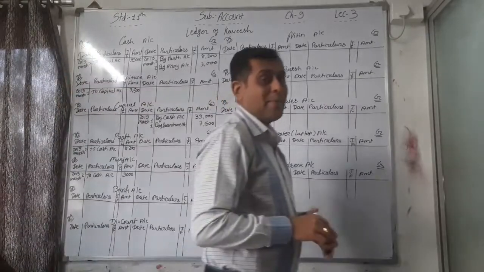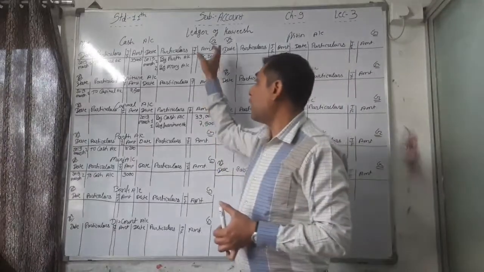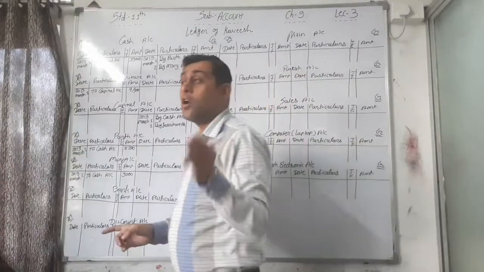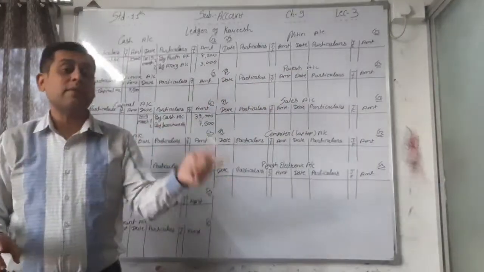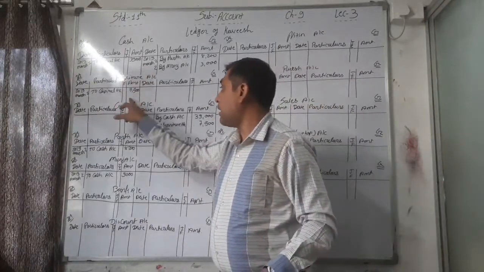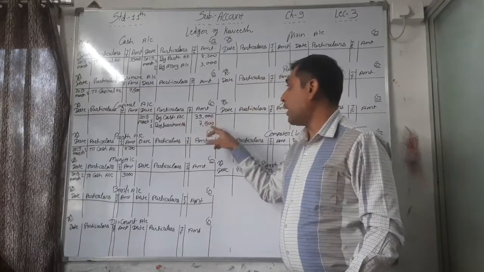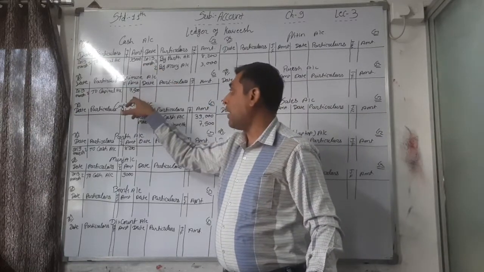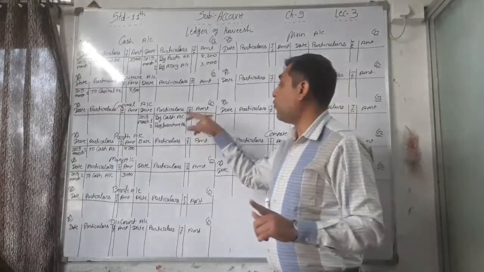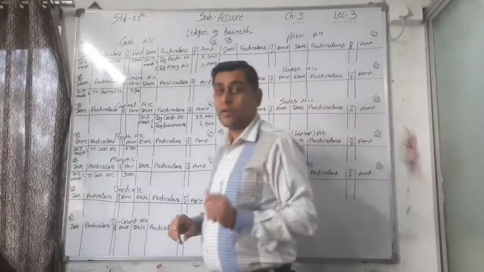Every time, the debit and credit entries are equal, so please be careful about that. If all the debits are complete, then please see whether all the credits are complete or not. Or if all the credits are complete, then see whether all the debits are complete or not. Whatever debit entries are there, the same way there are credit entries: 1 and 2 debit entries here and 1 and 2 credit entries here for the first transaction, and for the second, 1 and 2 debit and 1 and 2 credit entries for the second transaction.